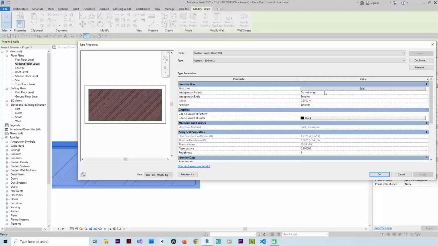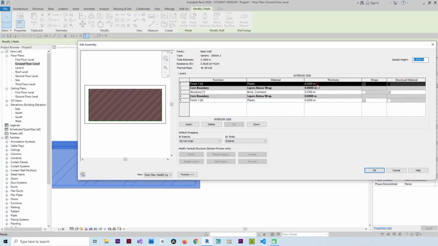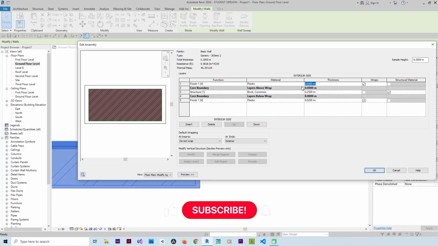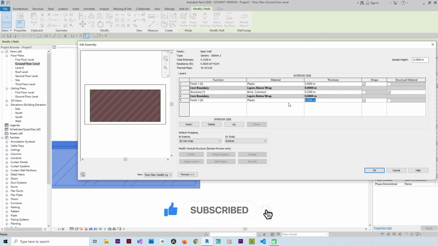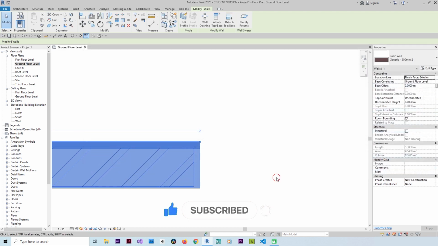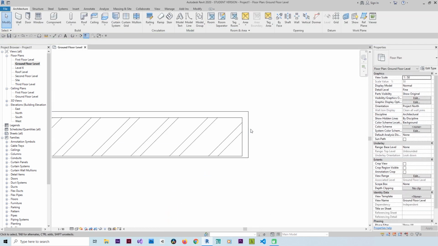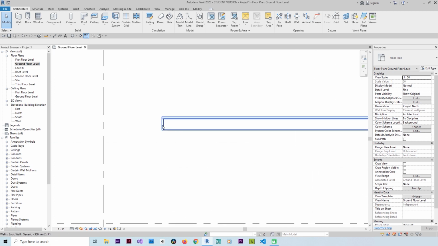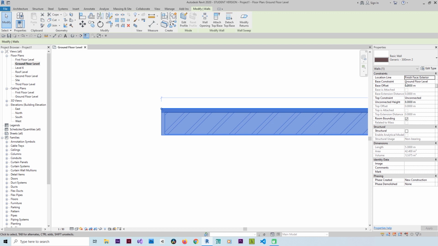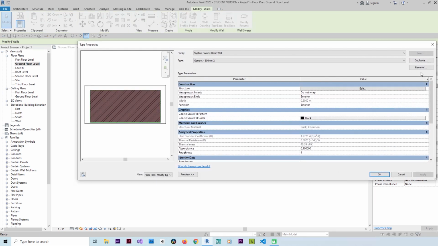I can change the thickness of finish to be 0.04, to be clear. The exterior layer goes to the end here and the end here. If I change it from